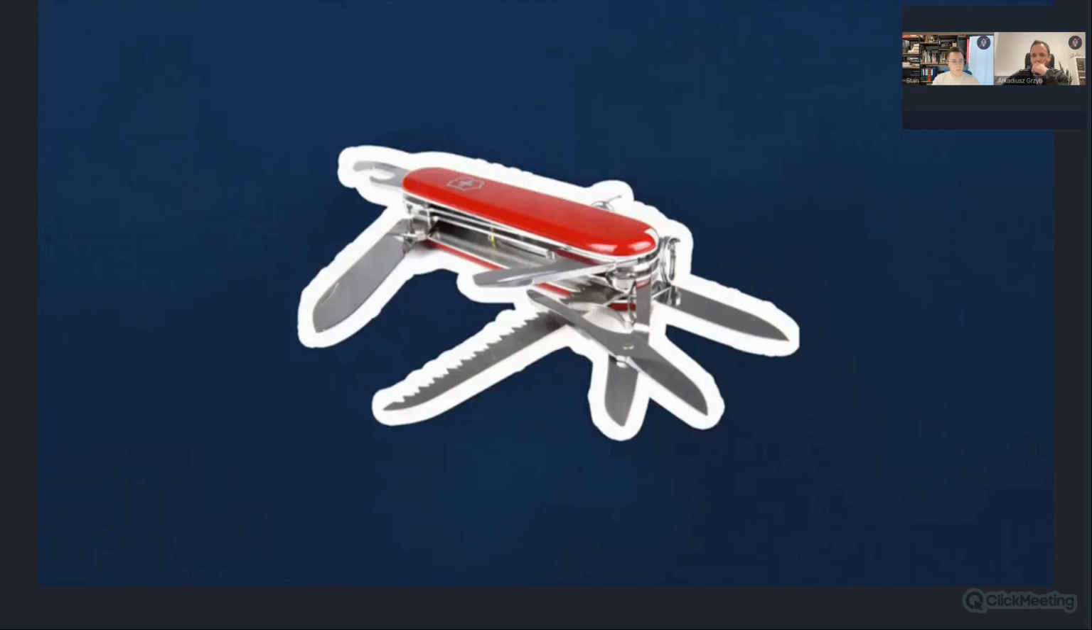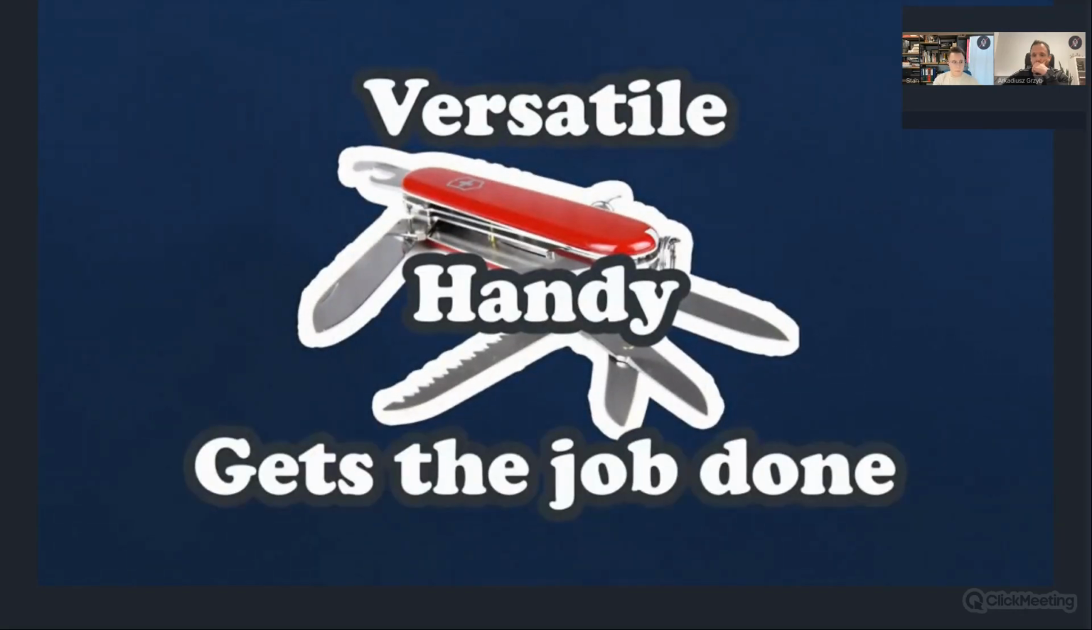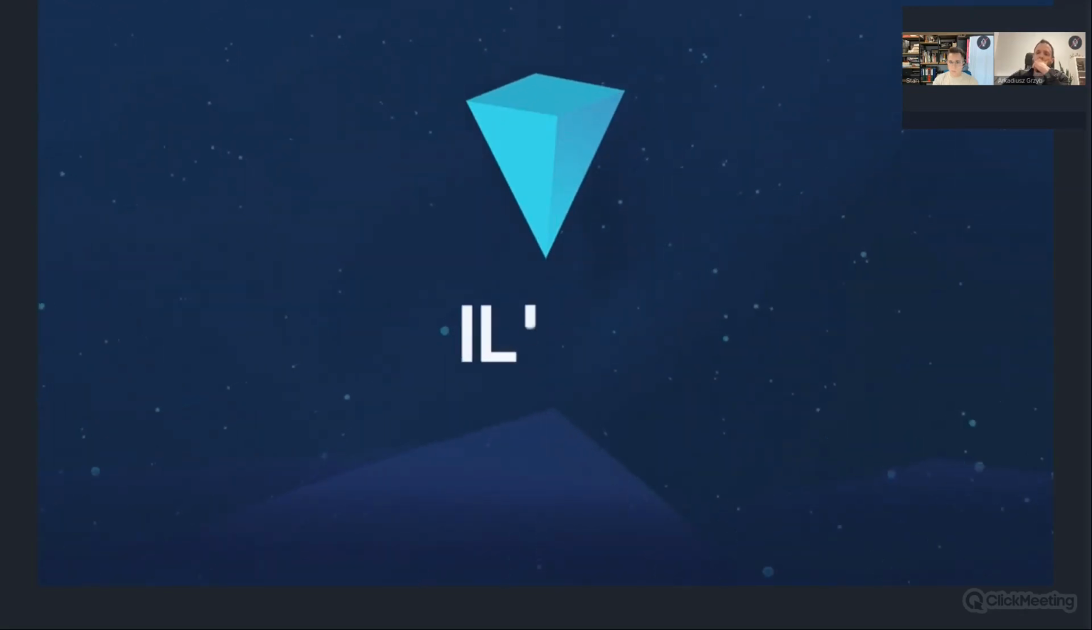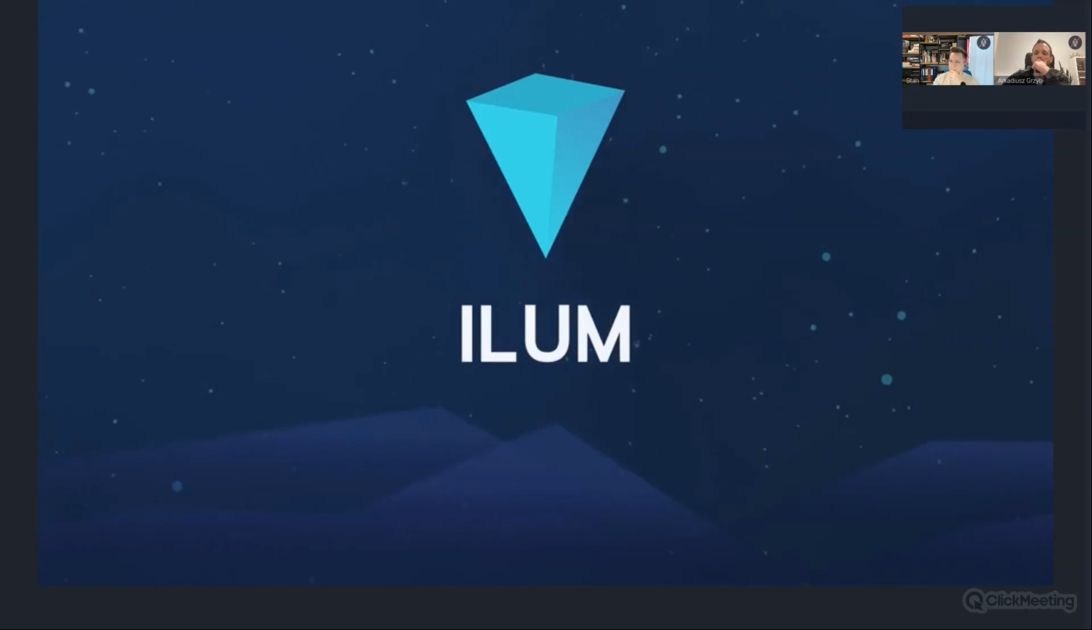The Swiss Army knife. It is famous for a reason. It is versatile, handy, and gets the job done. That's why we are proud to present Ilum, the Swiss Army knife of data lakehouses that puts you in the